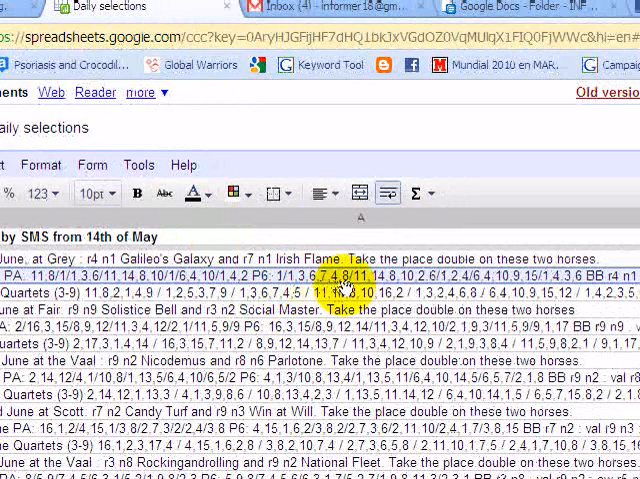1, 3, 6, 7, 4, 8 by 11, 14, 8, 10, etc. right up to the second last leg of the pick 6. Alright, so those are the selections that you would have received had you bought the SMS today or had you